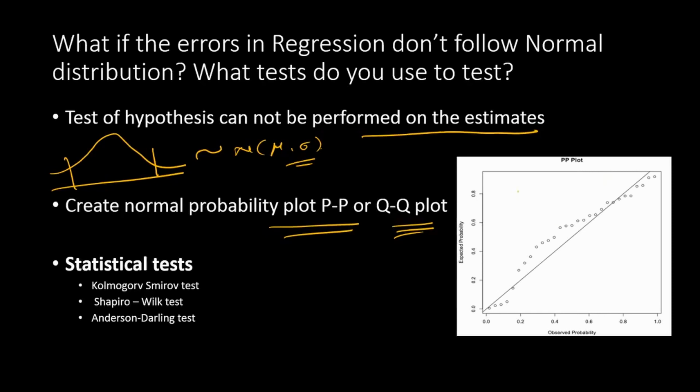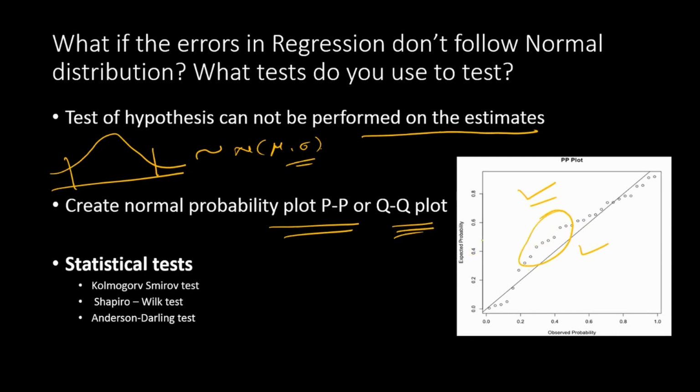Now here is an example of a PP plot. Most software will give you this plot. There is a theoretical normal distribution and then the actual distribution of your data. Ideally, if your errors are normally distributed, then you will see the points lying on this particular diagonal line. Only then it's normal. If there are points lying here and there, then there is slight non-normality. Like in this case, you will see points lying on the upper side of the line, so there is